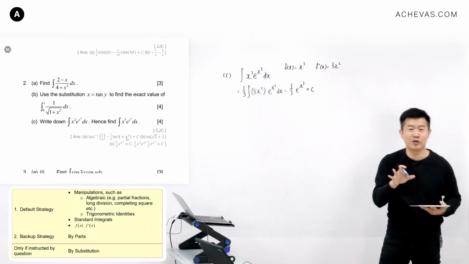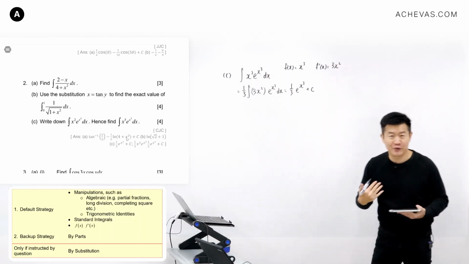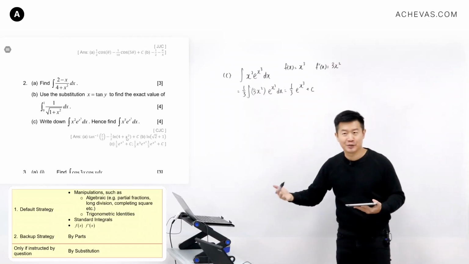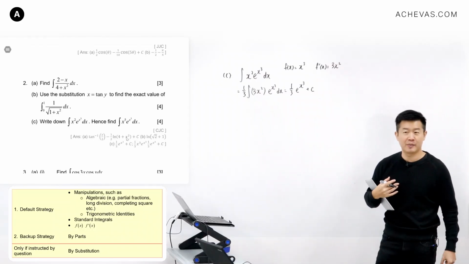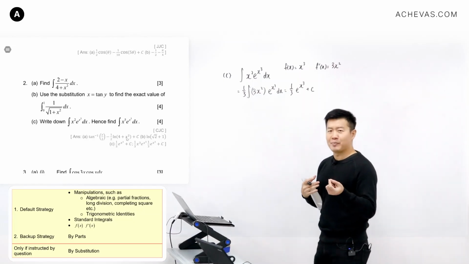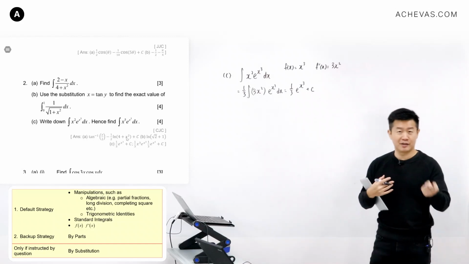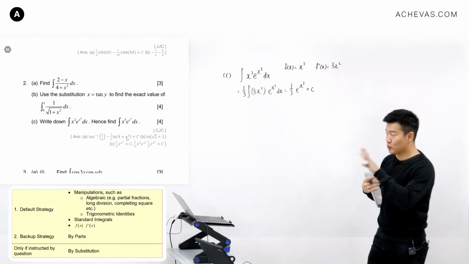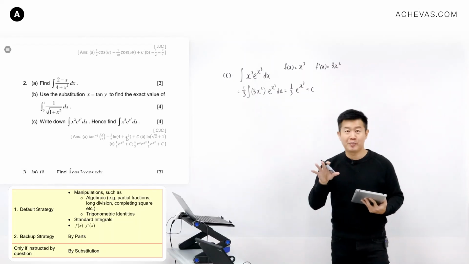So please don't allow yourself to be tricked by yourself into thinking that integration by parts is supposed to be prioritized before standard results and f(x), f prime x. But why is it that integration by parts shouldn't be prioritized? Of course, if you have experience in that particular integral and you realize that integration by parts is going to work, go ahead and try it, okay? But if you're unsure, you should be exploring standard results or f(x), f prime x first, because integration by parts